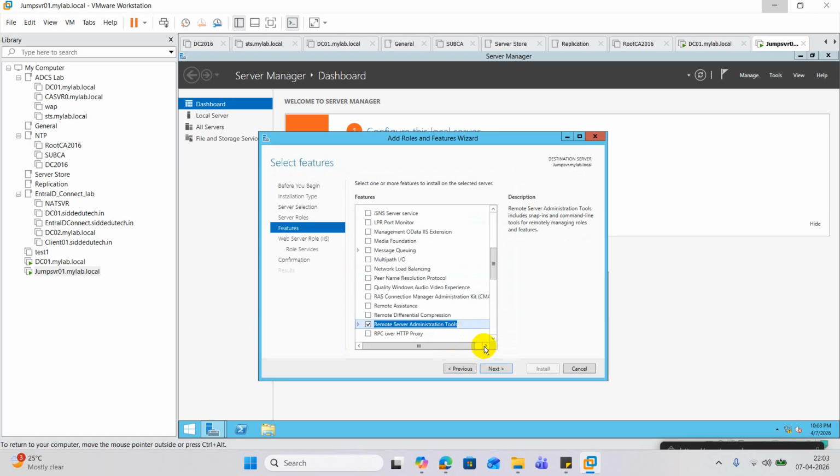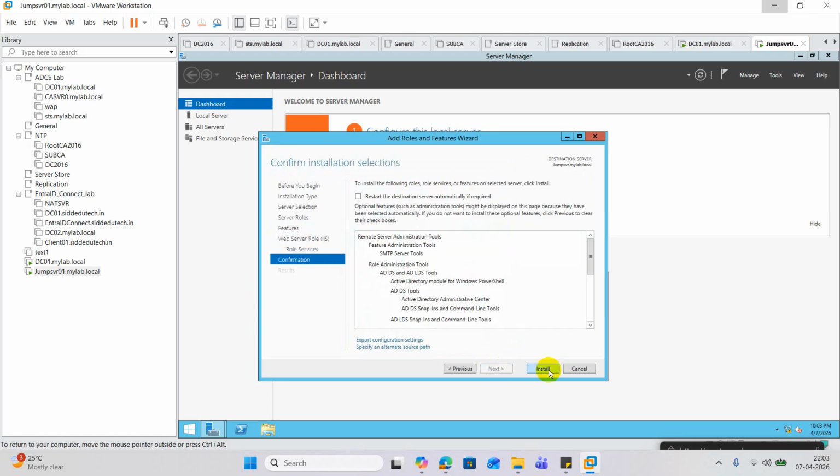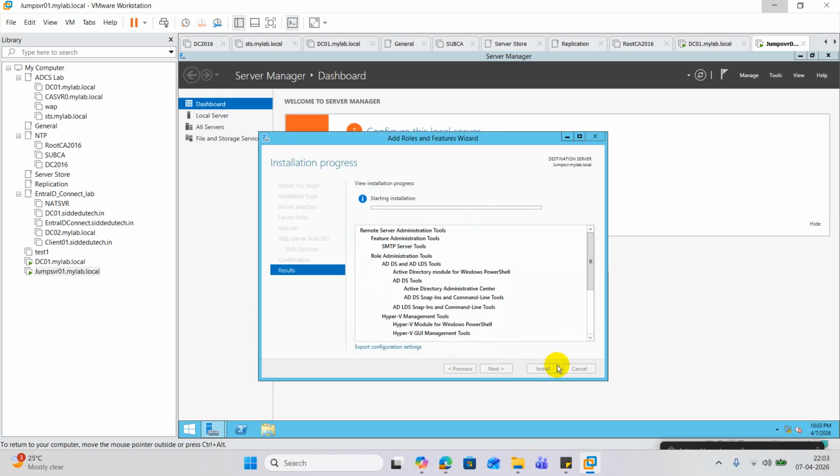Install the Remote Server Administration Tools. Install it. After you install RSAT,